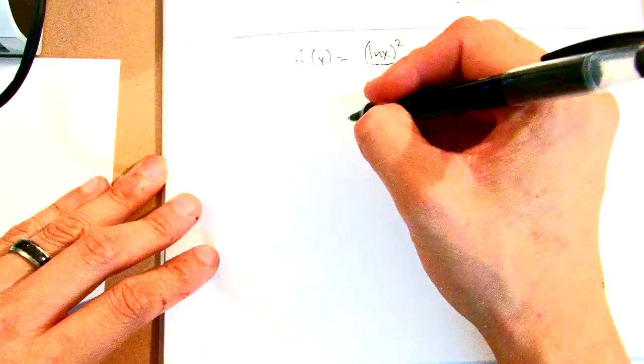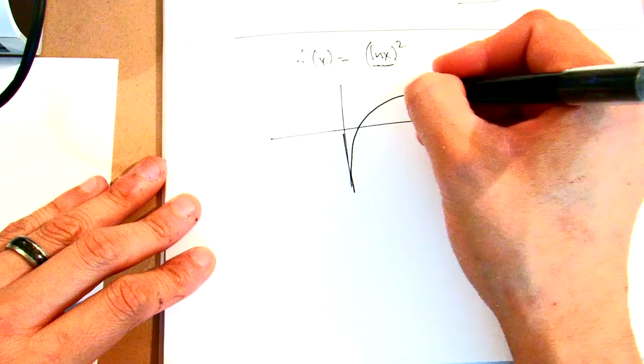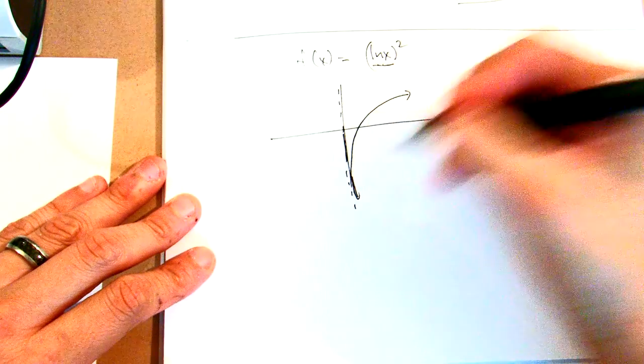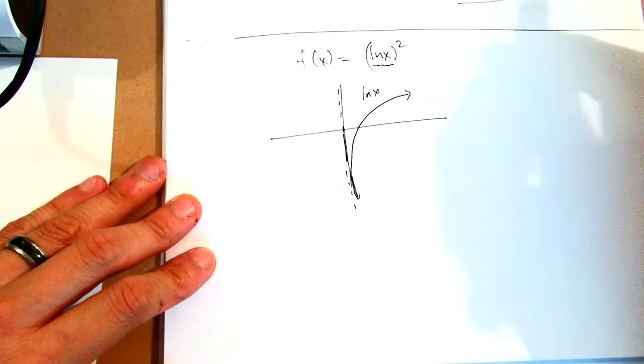So we first graph ln of x. We all know ln of x looks like this one here. Kind of looks like the snake here coming out. It has a vertical asymptote at 0. And this is ln of x, and what I'm going to do is